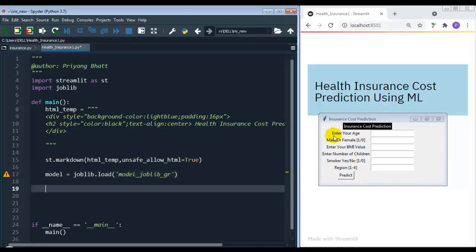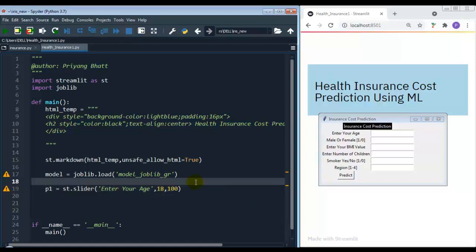Let me create first this field age. So user can enter age in integer. So we are going to consider this age as integer. So for that I am taking slider from this Streamlit library. So let me set parameter p1 is equal to st.slider, and let me write enter your age between 18 to 100.